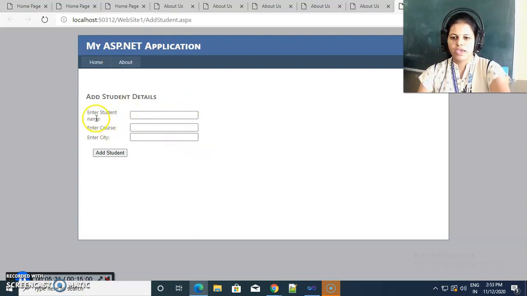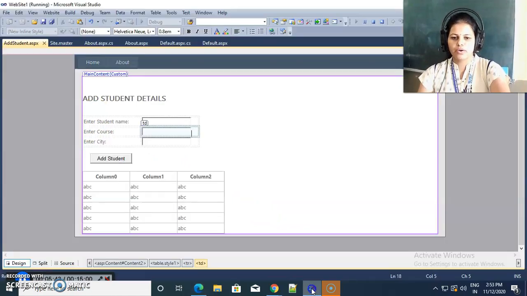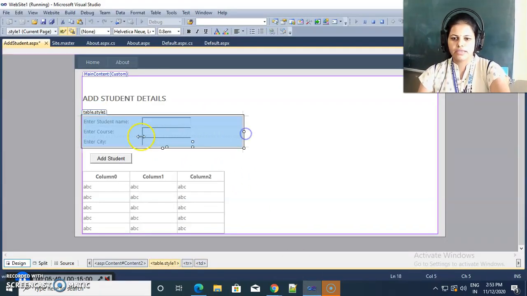This is the form. Enter student name, enter course, city, and here is the add student button. But we are not seeing the grid view because there is no data inside that grid view. Also alignment is not proper, so we are going towards the code window and changing the length.